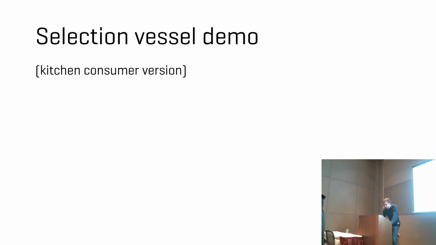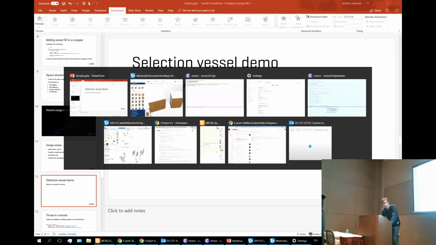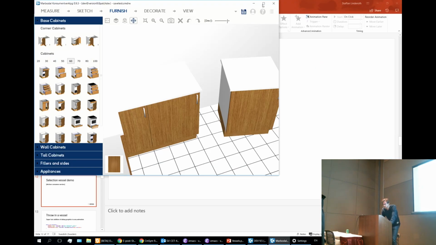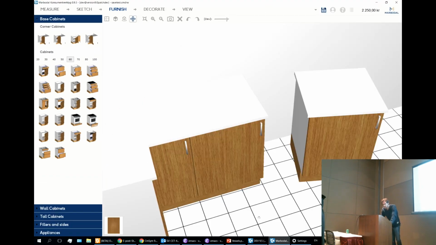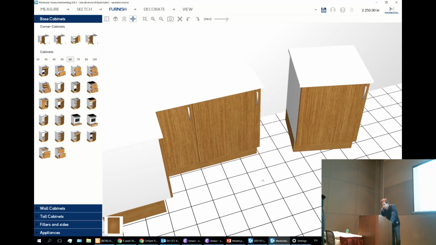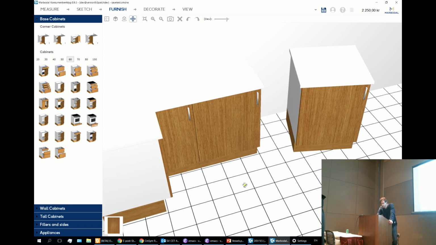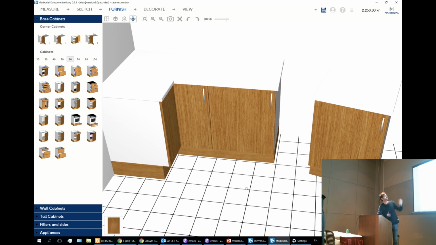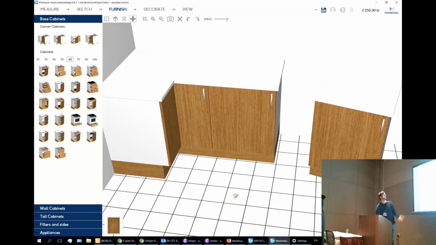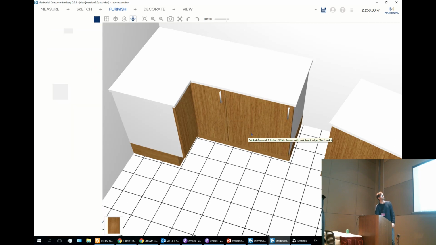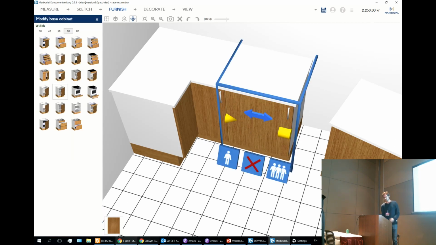I think many of you have probably seen this before, but I have to exit that and go into this. This is the kitchen consumer version, which looks a little bit different, but it's like CT Designer. You have your view and you have your snappers. It's not that different. But this is a vessel, the blue graphics here,